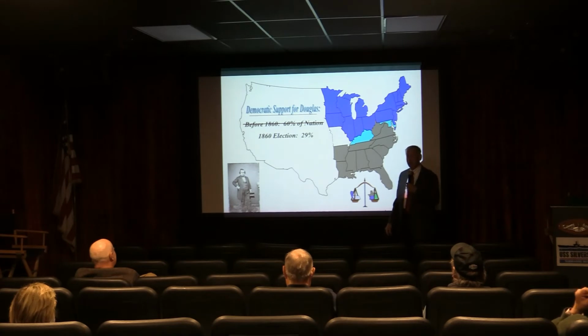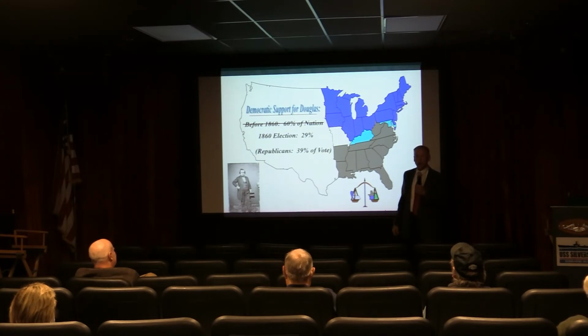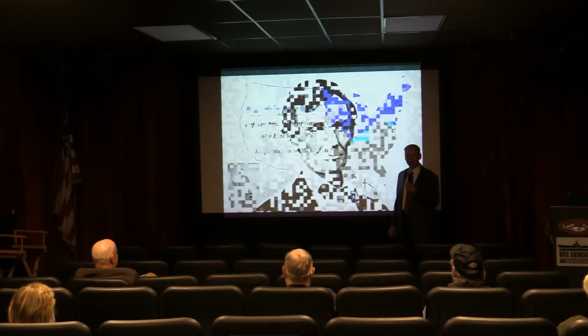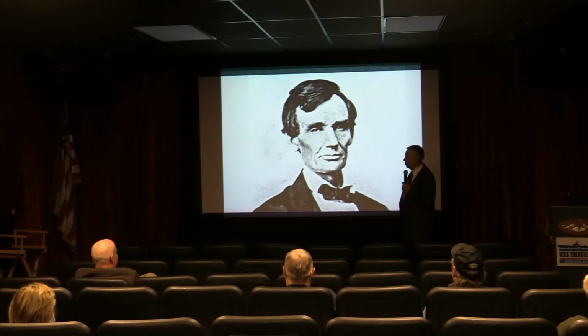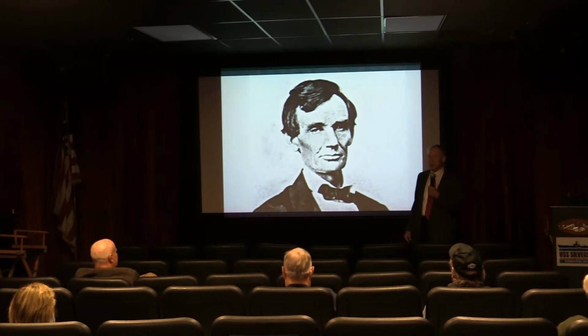29% didn't do it. So as a result, the choice was the representative for the Republican Party, who won a plurality of 39%. And a man became president with less than 40% of the popular vote behind him. You might know his name. Abraham Lincoln became a plurality winning president. But the country was far, far from satisfied with the decision.